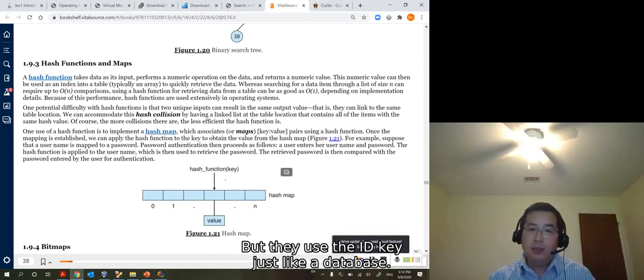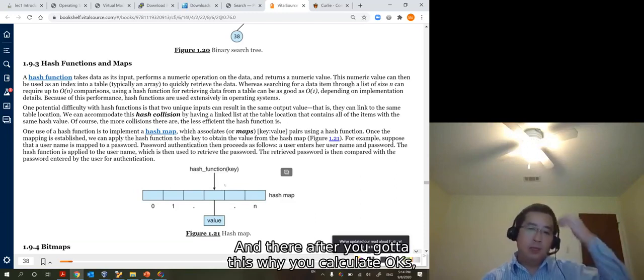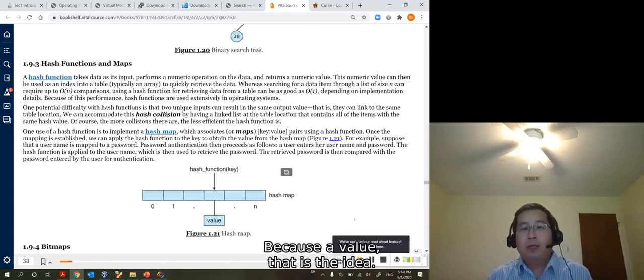But you use the ID as the key, just like a database. Whichever thing is the most important one you care about, just use that one. Then after you get this, you calculate, okay, it's this location, and then you can retrieve that data, get the value. So this is the idea.